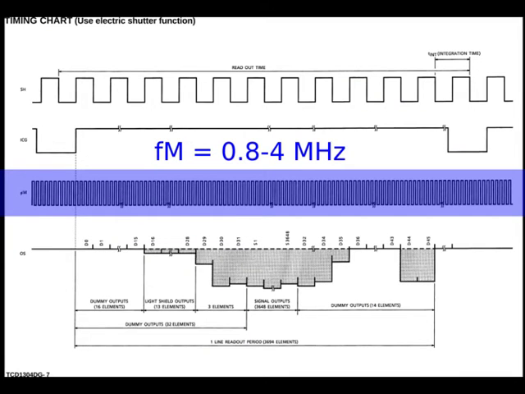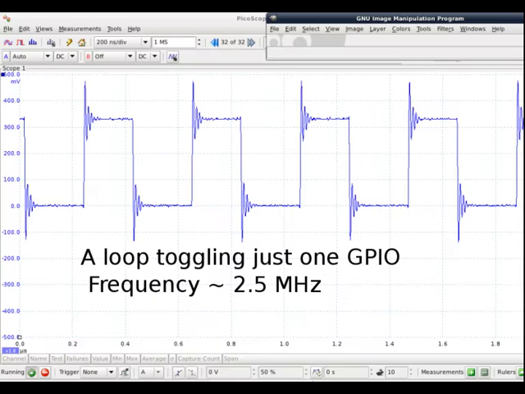First we have the master clock. The CCD accepts a master clock with a frequency in the range of 0.8 to 4 MHz. For reasons I'll explain later in the video, the master clock runs at 1.4 MHz in my firmware. With a proper delay, you can easily toggle one of the Nucleo's pins to get pulses in the master clock's frequency range. But remember, we need 3 pulses.